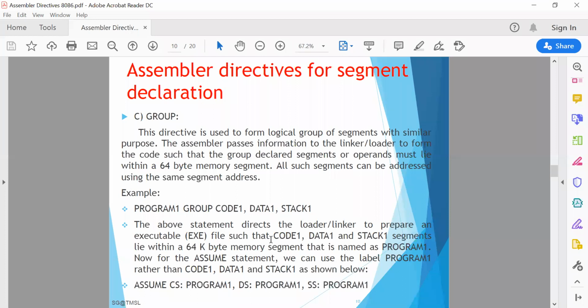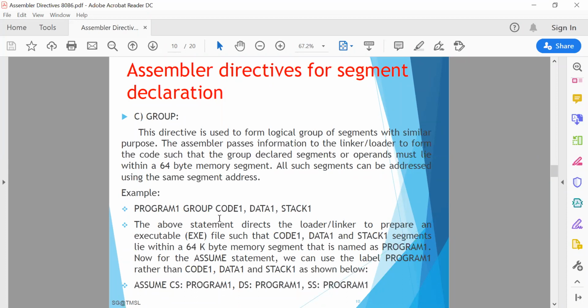It informs the assembler to form a logical group of different segment names. The assembler passes this information to the linker or loader to form the code such that the group declared segments or operands must lie within 64 kilobytes of memory segment, because each segment is of 64 kilobytes.